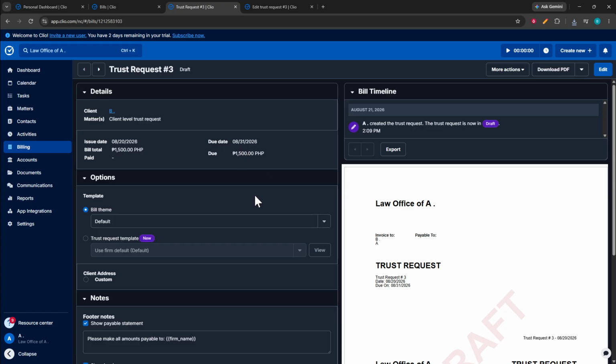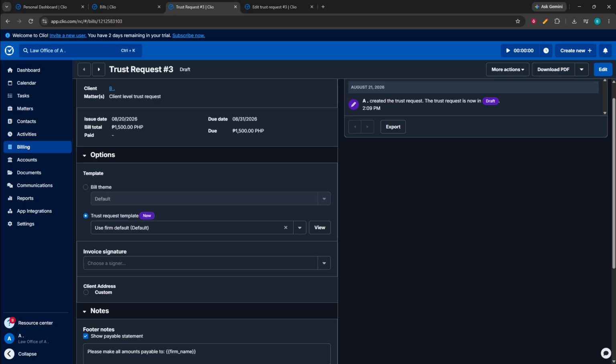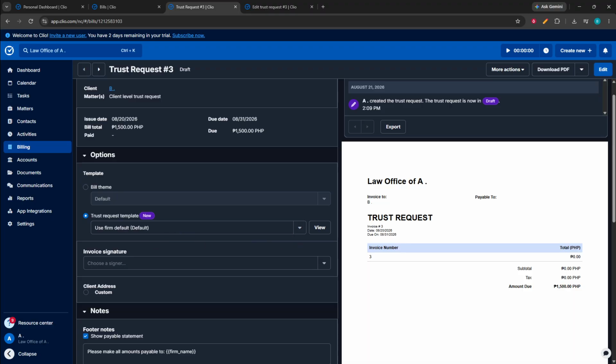Next, locate the Record Payment option for the invoice. Select it to open the payment window. This is where you will specify how the invoice payment is being made and how much will be applied. In the payment window, choose the client's trust account as the source of the payment. Make sure you select the trust account, since this step is what directs Clio Manage to use retainer funds rather